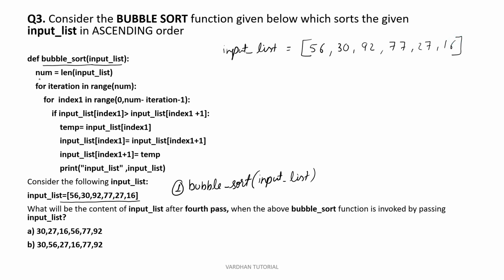Now num is equal to length of input list. Third line. Now num value will be equal to length of the list, 6. Now next line. For iteration in range, now again range 6 means 0, 1, 2, 3, 4, 5. 0 to 5 it will move. So iteration value will be